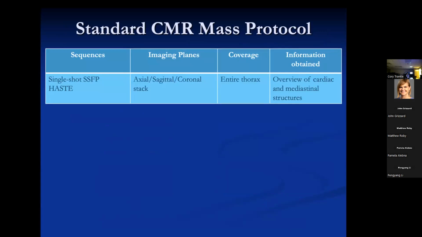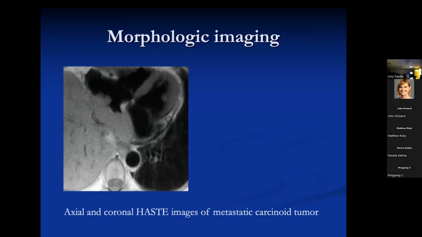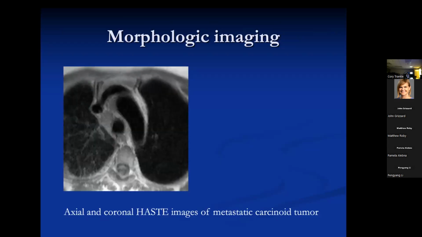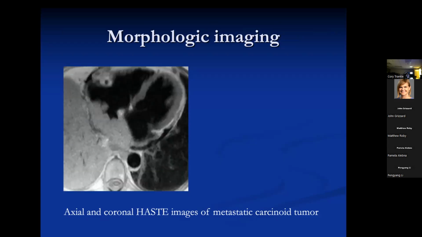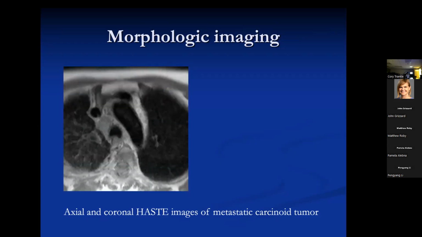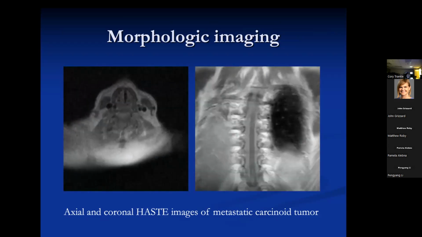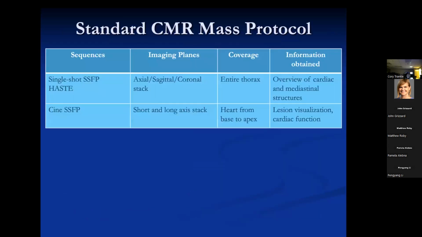And with cine imaging, you can see the impact of whatever tumor is present upon the valves and the myocardium. So how do we do it? What are our protocols? Typically we get single shot dark and bright blood imaging in the usual orthogonal cardiac imaging planes, axial and sagittal. You may or may not do coronals every time. It depends on the orientation of the lesion, and we cover the whole chest. And what you get is a stack of these images like you see in this rapidly moving sequence. But basically, you get this whole stack in probably 30 seconds per acquisition, and another 30 seconds if you do the coronal like you see here.